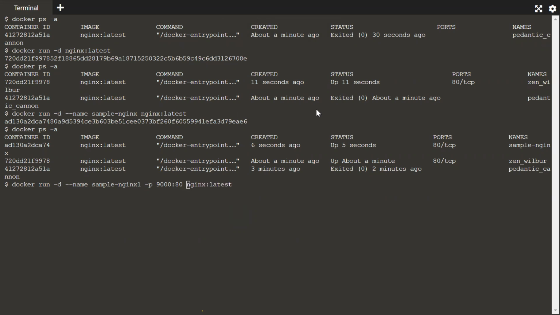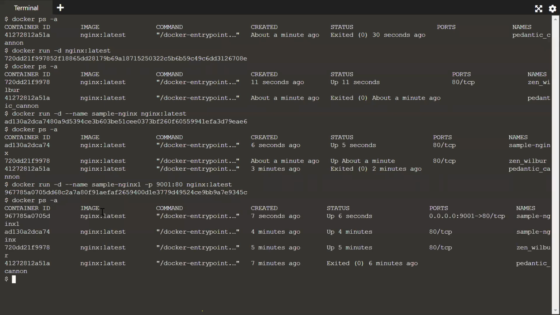Internally it is predefined that it will run at port 80. I showed you the definition of that Docker image, but externally I can run it anywhere I want. It is my call. Suppose you want to run it at 9000, you run it like this. Suppose you want to run it at 9001. Run it. Now if you come here and say docker ps -a, you will see